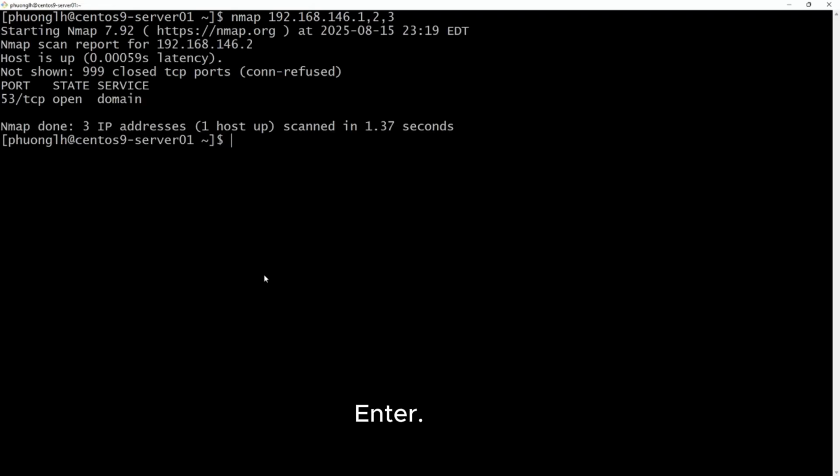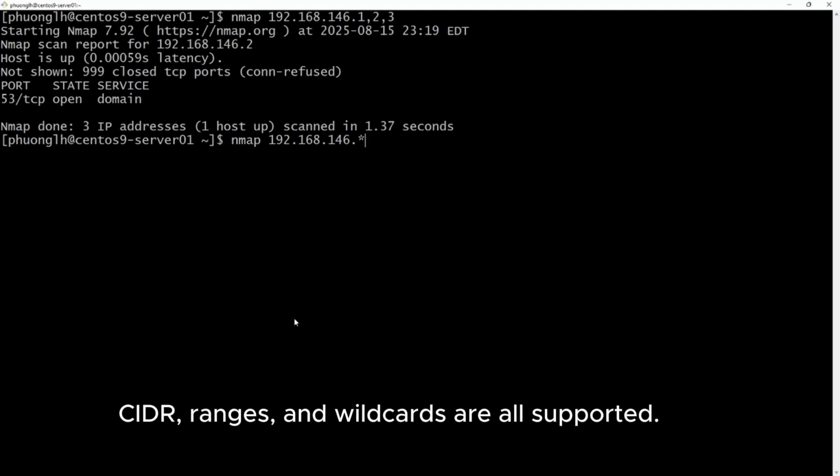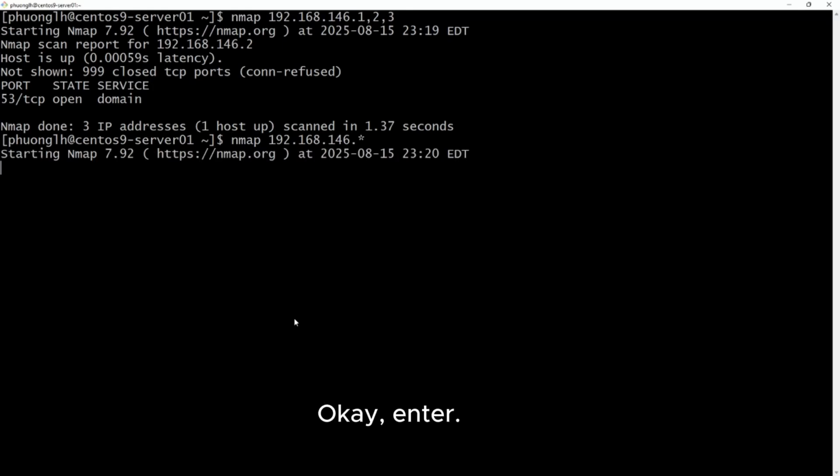Enter, or we can use a wildcard. CIDR ranges and wildcards are all supported. Okay, enter.